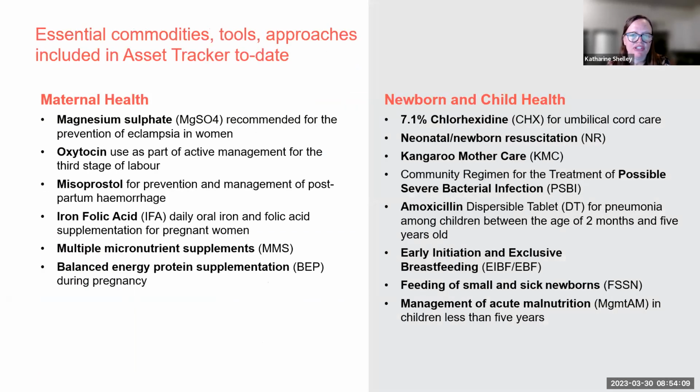So briefly wanted to share what the 14 assets are for which data are currently available in the asset tracker. You see there's a mix of maternal health and newborn and child health interventions here, several of which are nutrition focused. I'm not going to read through every single one, but just wanted to put this here as a reference. We'll be sharing the slides afterwards, but if there are items on here that you might be working on, know that there's great data that you can explore later for each of these.